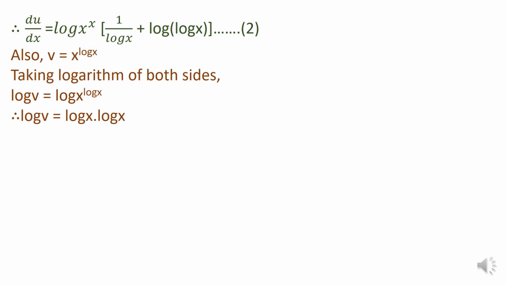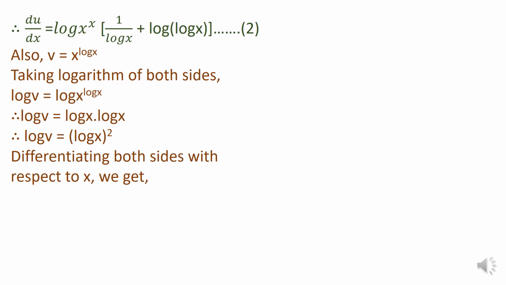Next step, of course, the log x, which was the power, is written as a product of the log x. So we get log x into log x on the RHS. Thus we can write log v is equal to log x the whole square. Now when we differentiate both the sides with respect to x, log v becomes 1 upon v dv by dx,